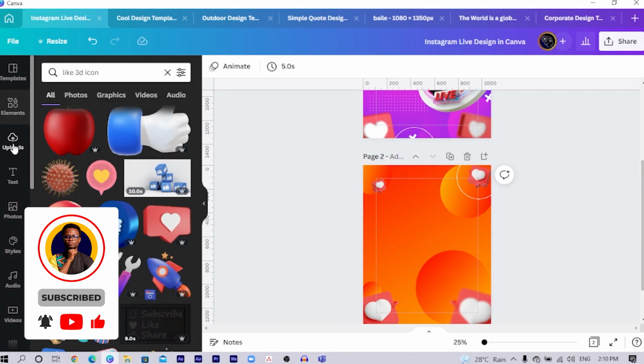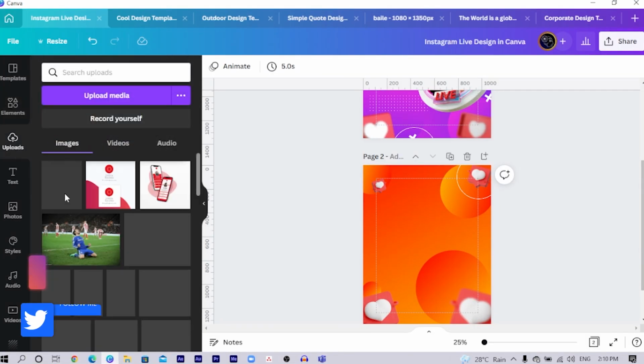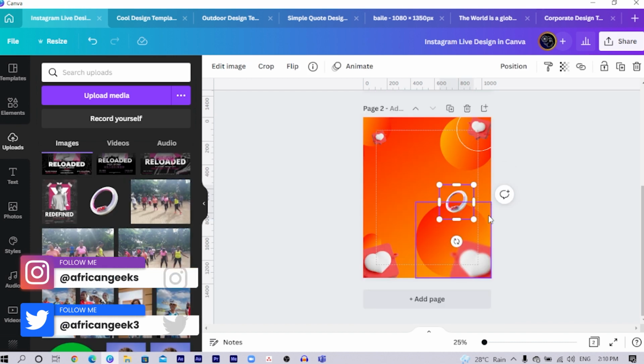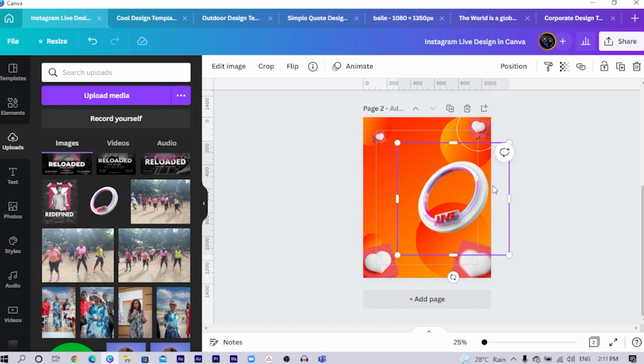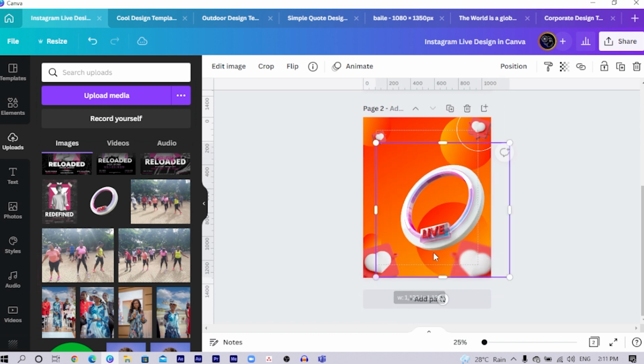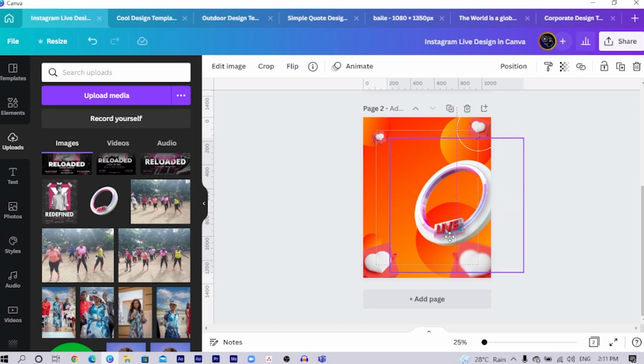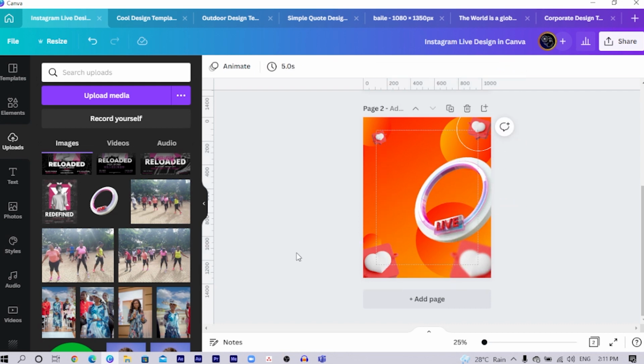I'll come into my uploads, and in uploads you just have to search for this particular element I mentioned earlier. I'll increase the size to something like this and position it here. Let me increase it more and position it somewhere here. You can see how it's looking. Then I come into my